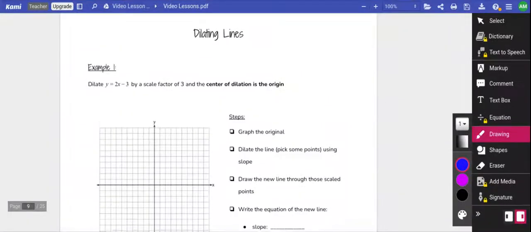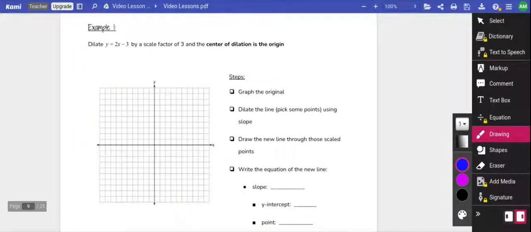So here are our steps to decide. The first thing that we're going to do is graph the original line. Now to do this, we can either use our slope and our y-intercept or using our graphing calculator, and I'm going to use our slope and y-intercept. So I'm going to start at -3, and I'm going to use my slope to move up 2 and over 1,